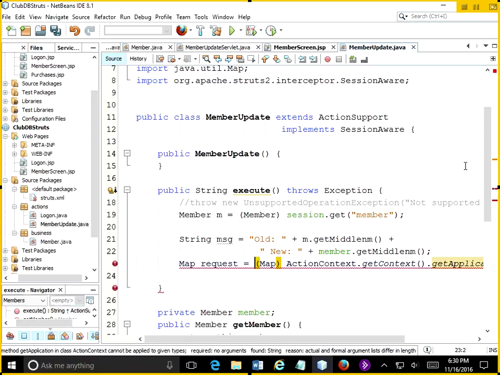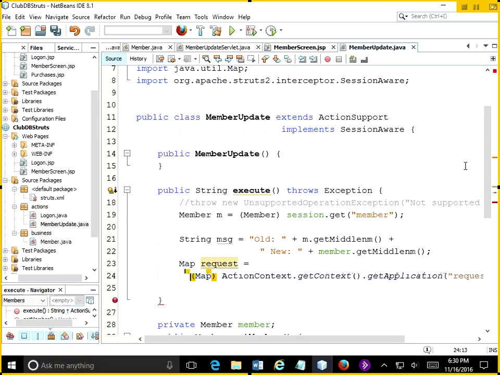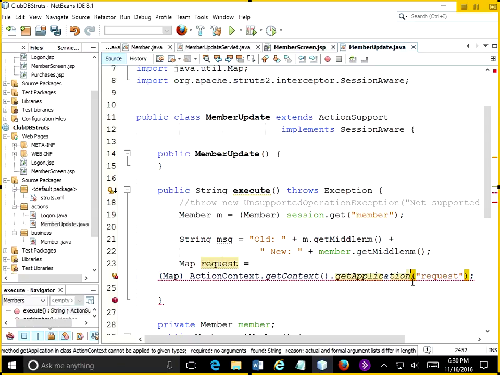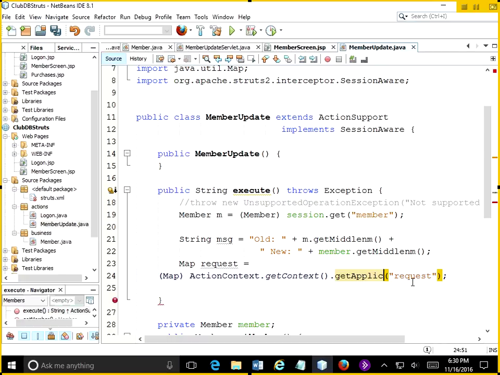So there's our code to get the, oops, it did a get application on me. I don't know why it did that. Just a get, no get application, just get. So that request should now be the actual request object, and I'm going to do a request.put message